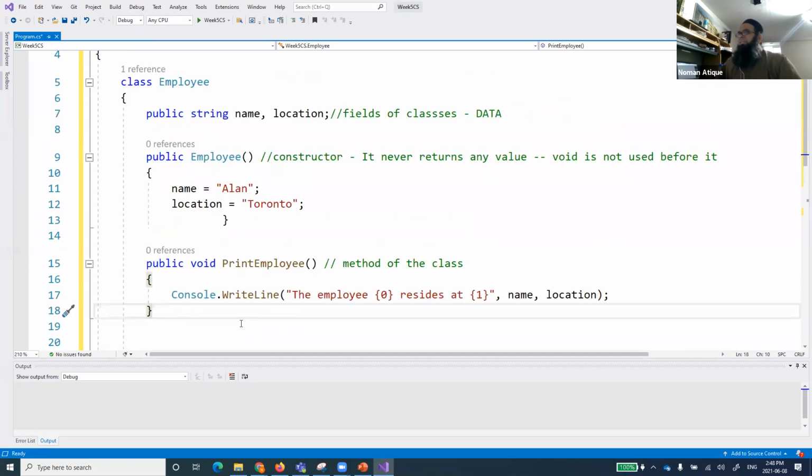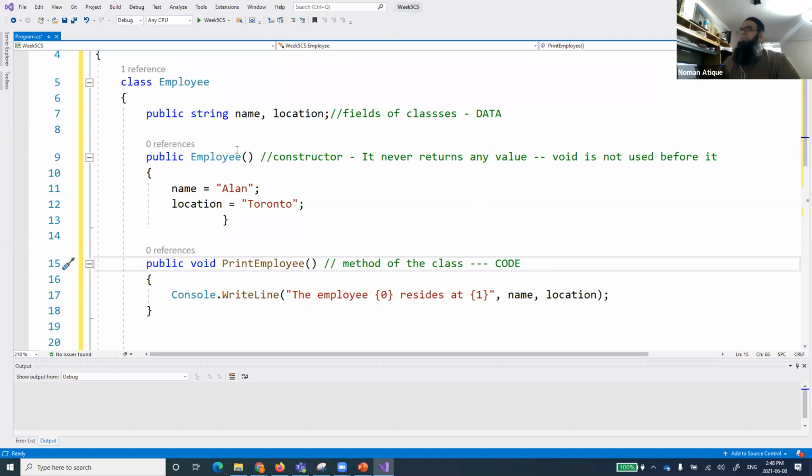So I've created a class. So this is a method of the class. This is a constructor of the class. So you remember the method of the class, when we called the method of the class, what we called that in our example, we called it code. Remember everyone? So this is our code of the class. I'm defining a method, print employee, that will just go and print the name of it.